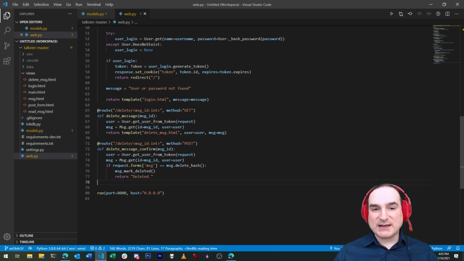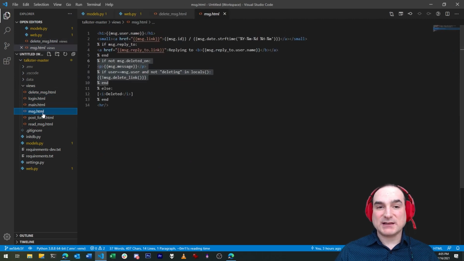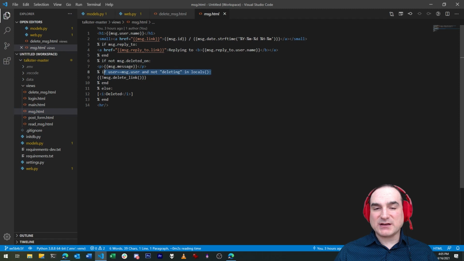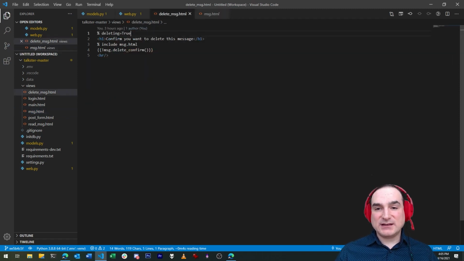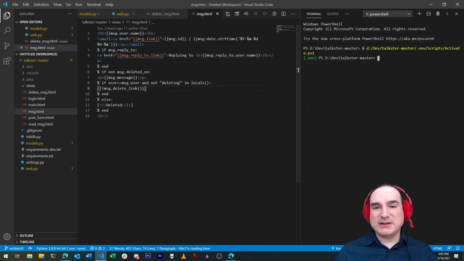Now, we're going to add a template for deleting messages, where we reuse the existing message template. And we're also going to modify that template slightly to not include the original delete button when we use this template in the context of a delete action. This variable here, deleting, is a flag that will indicate that. Now, there's another way that we could do this. We could just move all of the button actions into the message template, including the deletion confirmation. But this way, we can customize the presentation of the delete message separately and more cleanly.